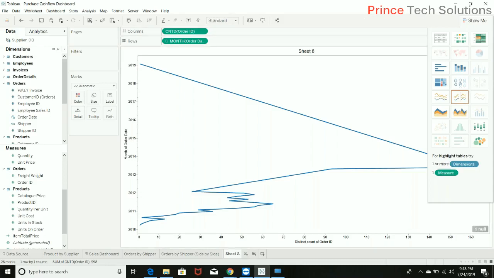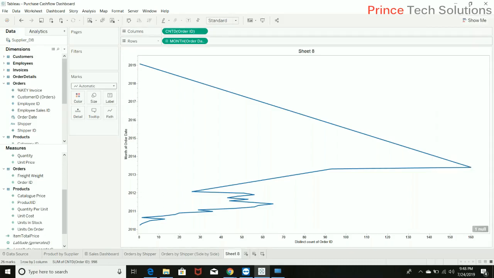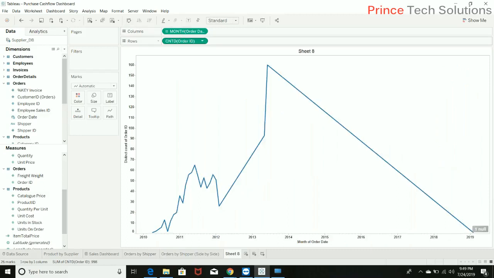So orientation has to be changed. The x-axis should be in the, yeah. Now